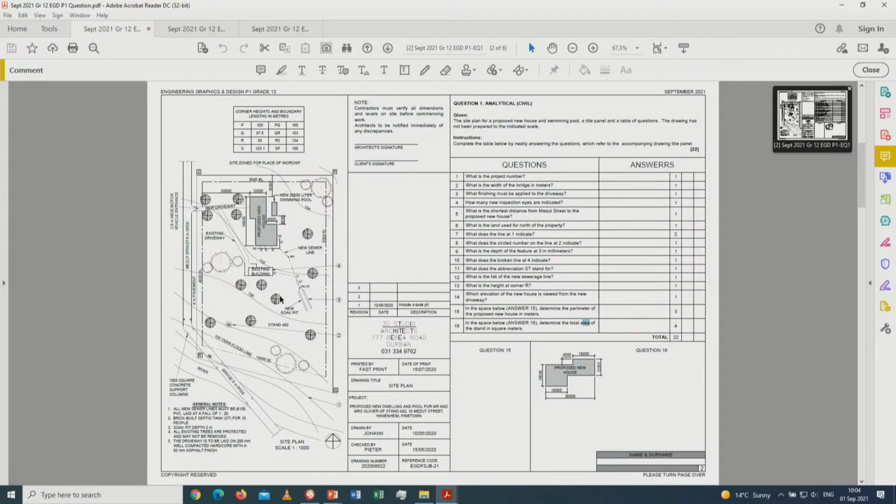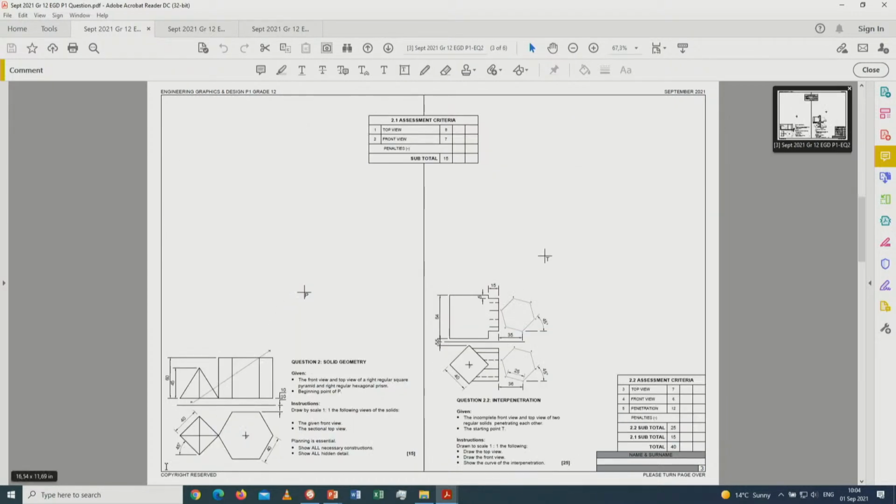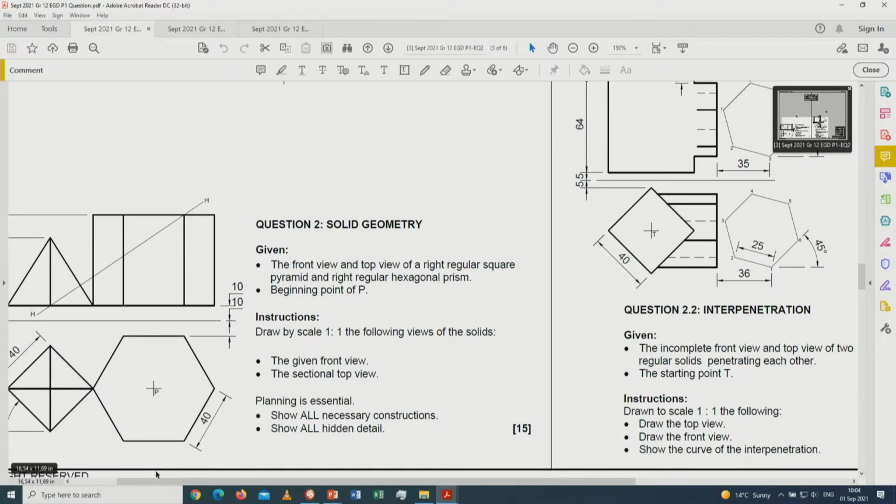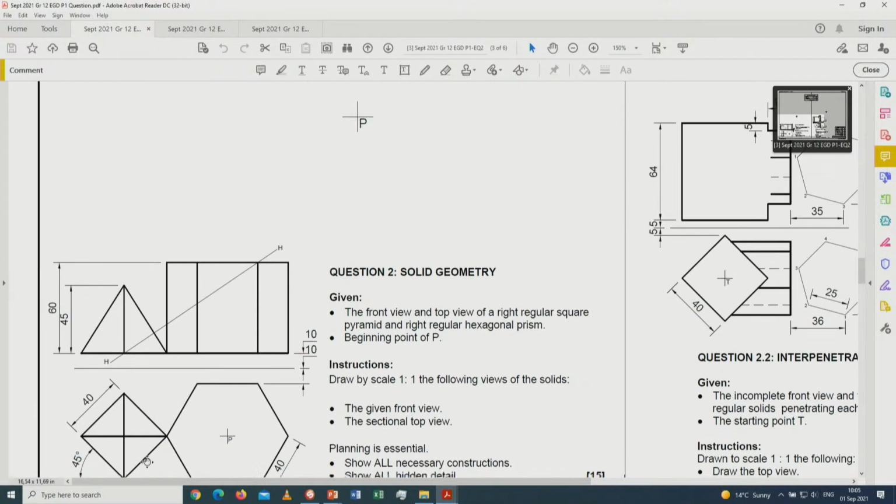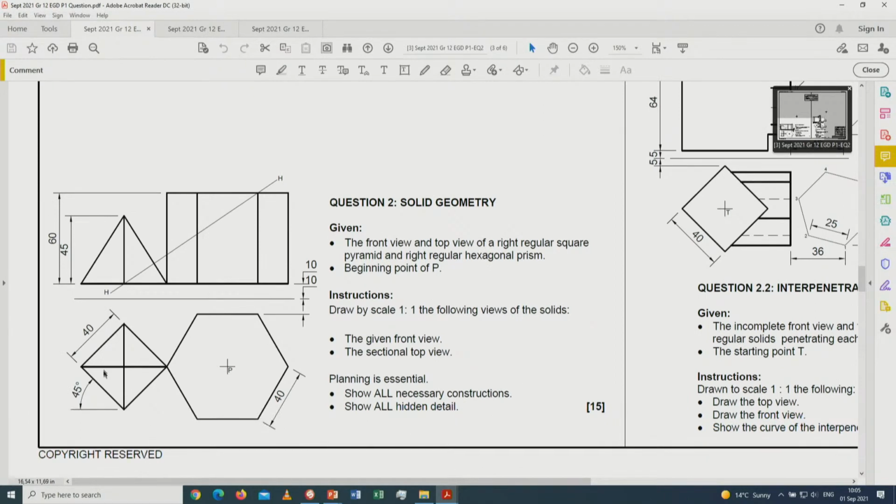Then the next I want to point out, question 2, is this question over here. Now, ladies and gentlemen, this is straightforward. This is grade 10 content. If you take a look at this over here, you will see it's a pyramid standing on the base itself. It's not leaning, it's not standing at funny angles or whatever the case might be. It's on 45 degrees, and it stands next to a hexagon. So if the learner ignores the hexagon, that is grade 10 content. And then if you ignore the square pyramid, this part over here is grade 10 content. All right, so this is a question